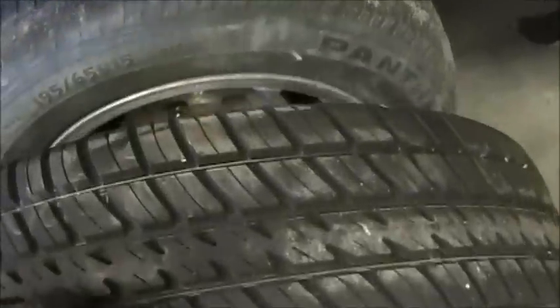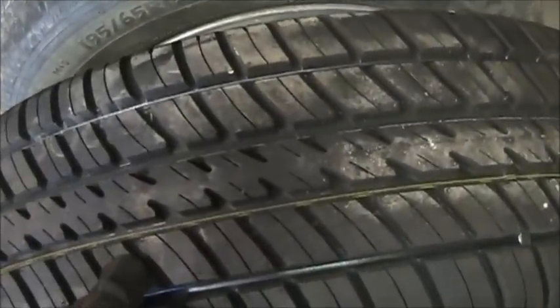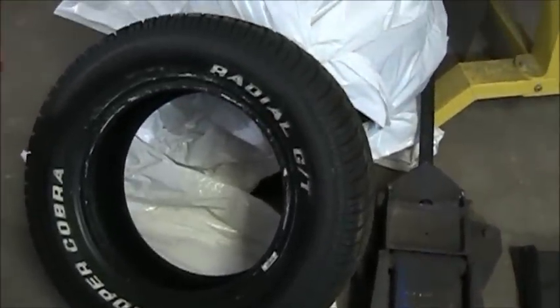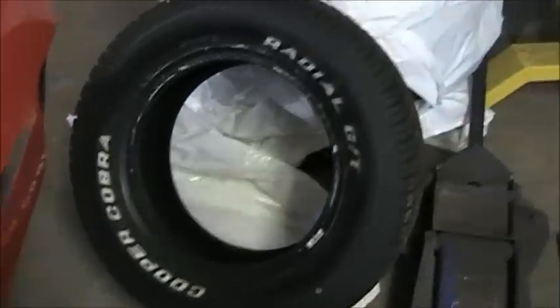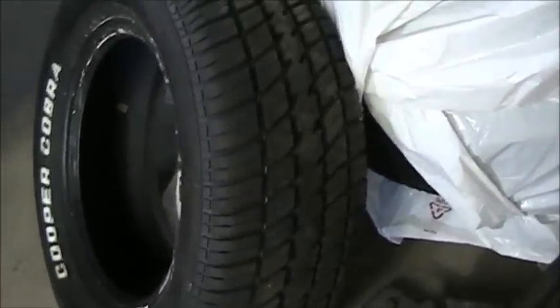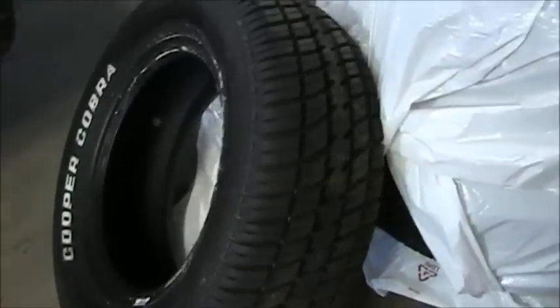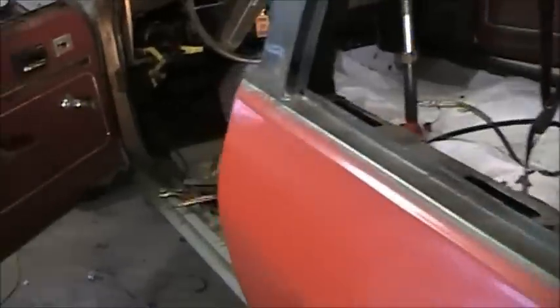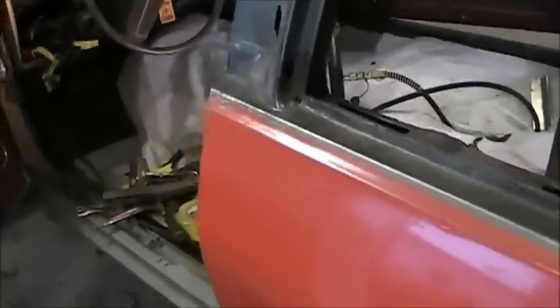This guy had bought them for his Trans Am. Well, he bought 2 and put them on his Trans Am, lowered her down, and they were too small. So he took them back off and put 245 70s on it, and so I'm glad he did. I got these 4 tires for 300 bucks, so I had to buy them because I know it's premature, but a deal like that doesn't come up every day. So I snagged onto those, and like I said, I'll just put them away whenever I get this thing reconstructed. I'll have tires anyway. So anyways guys, I'll turn you back on here after I get this mess straightened out,